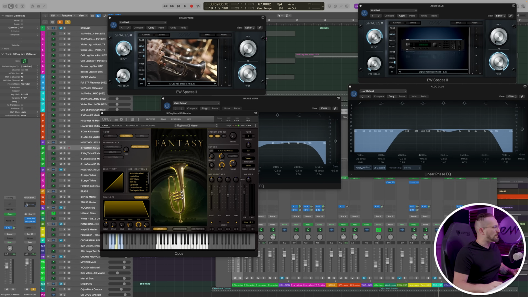In the context of the mix, that's going to be really significant. Now, one other thing I wanted to point out before we move on is that I am sending a little bit of the flugelhorn signal directly from the flugelhorn track to the brass reverb. Now, the reason I'm doing this is because oftentimes the human ear can perceive those higher voiced instruments like violins, like trumpets, flutes, as being a little bit closer.